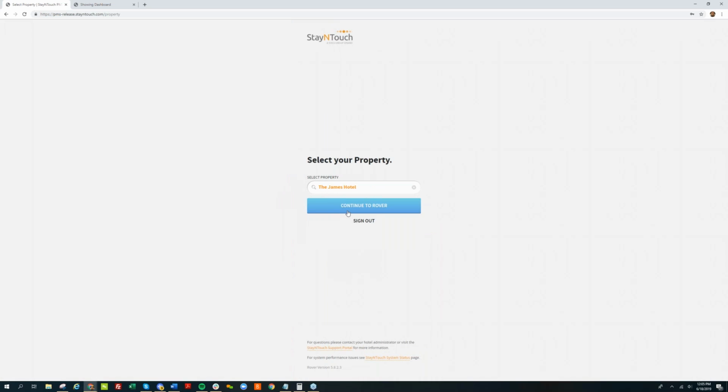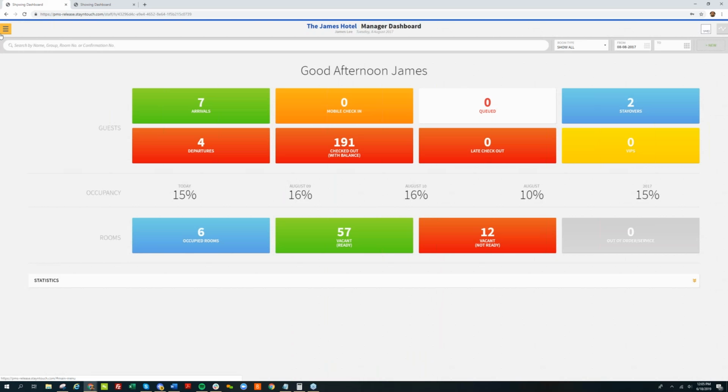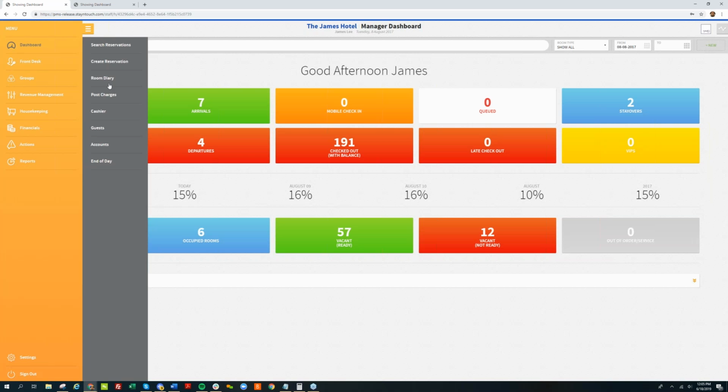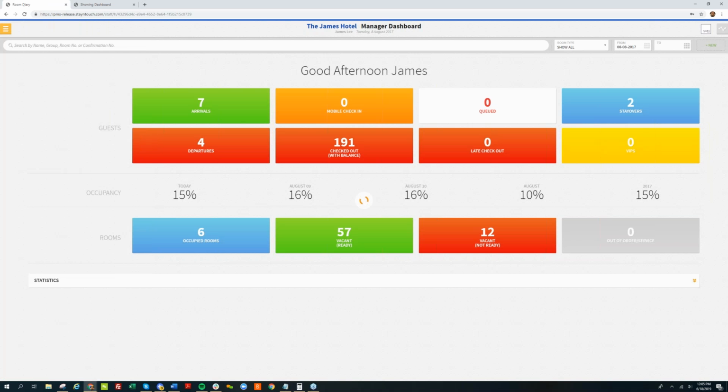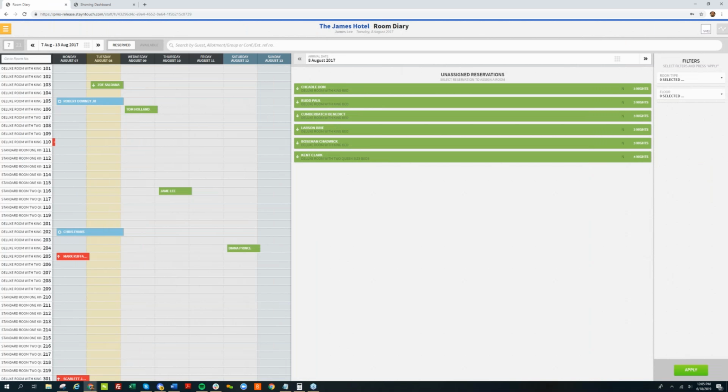I'm going to log into the James Hotel. And to access the room diary, I'm going to go to the main menu and go into front desk, and I'm going to choose the room diary here. Now, those who are familiar with our room diary, over here on the left, not much has changed. You see the room numbers, you see the dates, you see the people that are currently blocked in those rooms or that are in-house. You can also see people that were in-house the night previous to see who is checking out